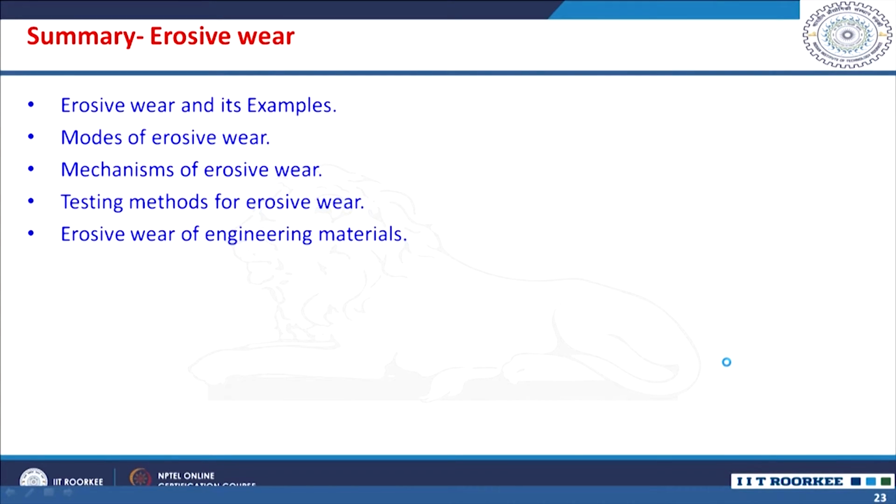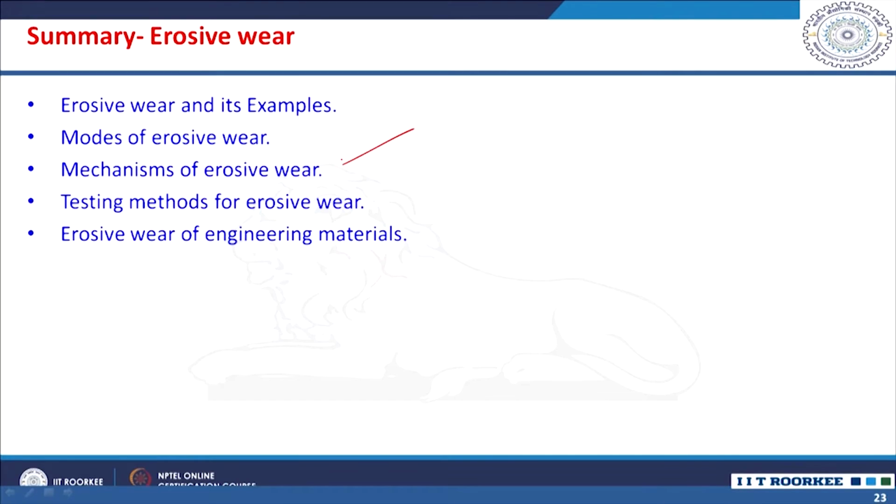In slurry erosion, the slurry is a mixture of particles and the fluid. Or you have a liquid simply impinging, as in cavitation erosion, where bubbles form and collapse on the surface, causing material damage. In solid particle erosion, solid particles impinge at a certain velocity, so the kinetic energy is transferred to the material. If the material is not able to absorb such energy, it dissipates through fracture, so you will have material removal as erosion.